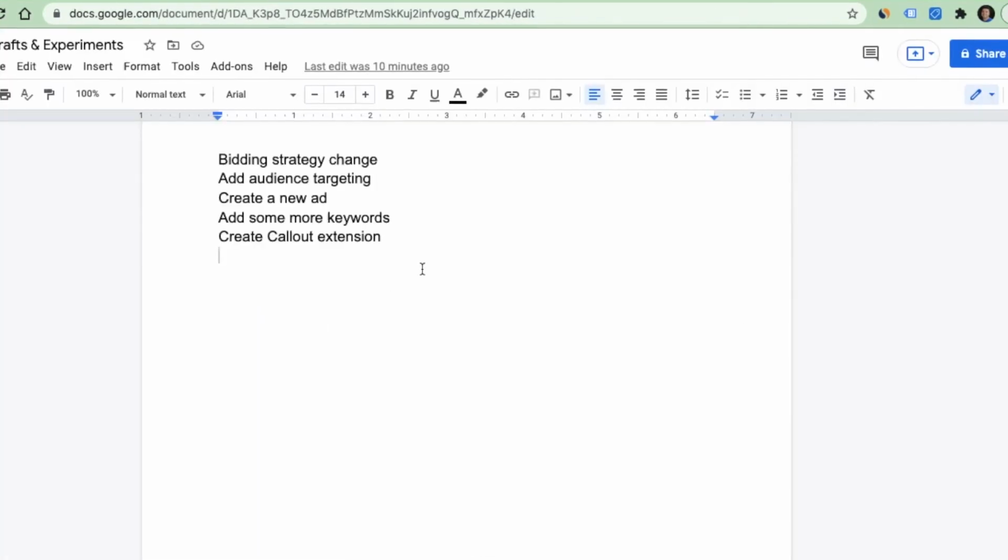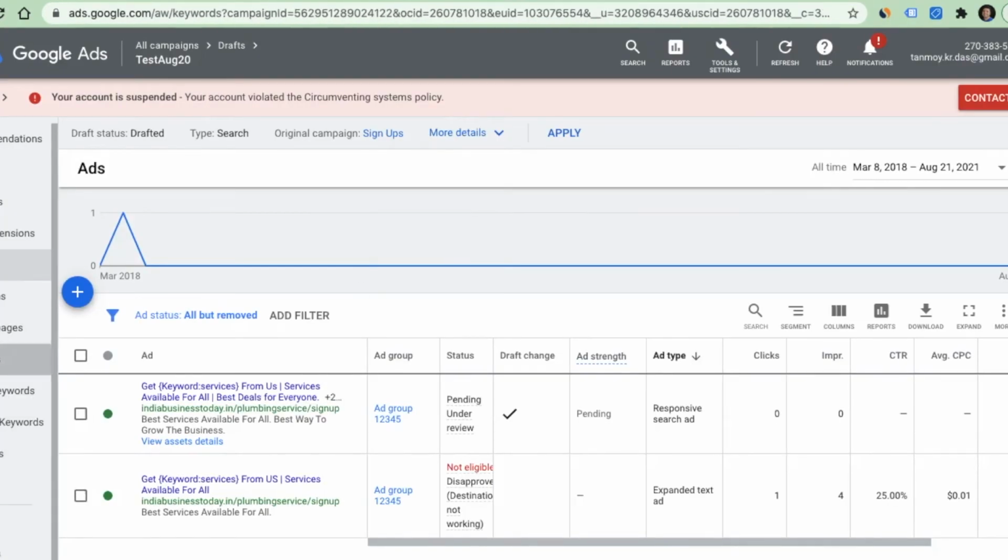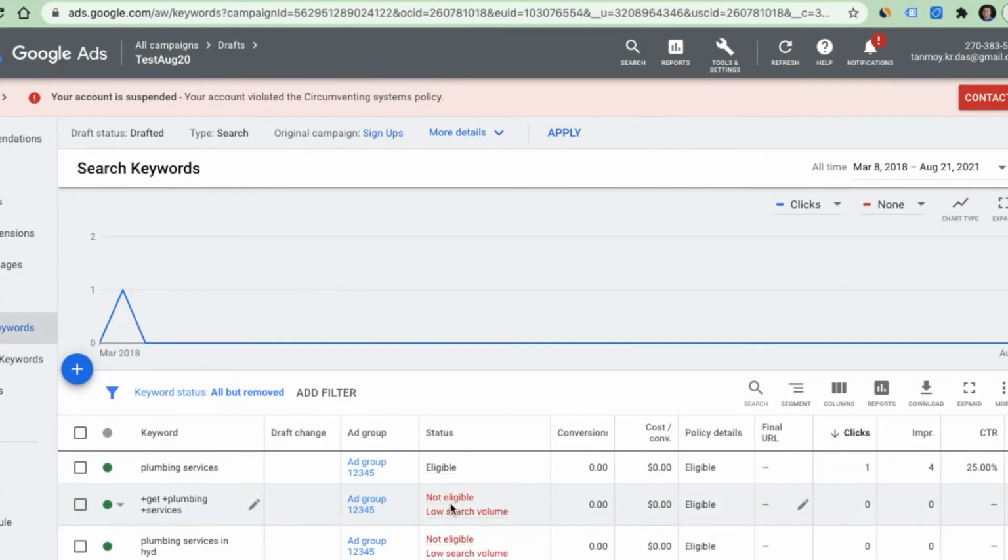Next, another change which we are doing is we'll add some more keywords to compare it with the current keywords. So we'll go to the keyword section, and here we can add few more keywords.